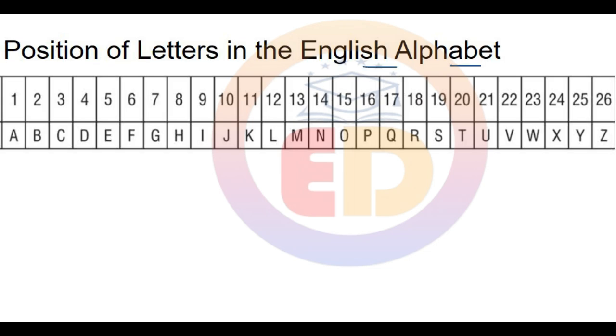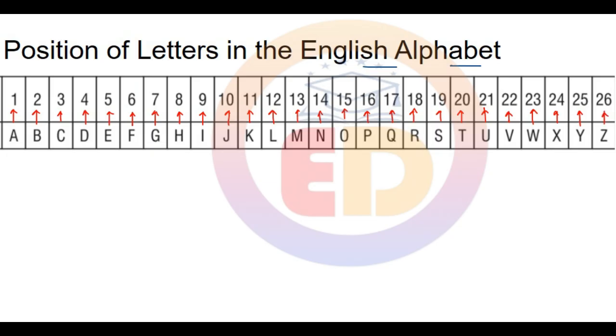We know in the English alphabetical series we have 26 letters, and we can name these letters as A is 1, B is 2, C is 3, D is 4, E is 5, F is 6, G is 7, H is 8, I is 9, J is 10, K is 11, L is 12, M is 13, N is 14, O is 15, P is 16, Q is 17, R is 18, S is 19, T is 20, U is 21, V is 22, W is 23, X is 24, Y is 25, and